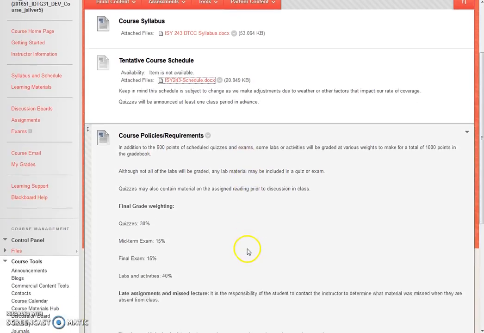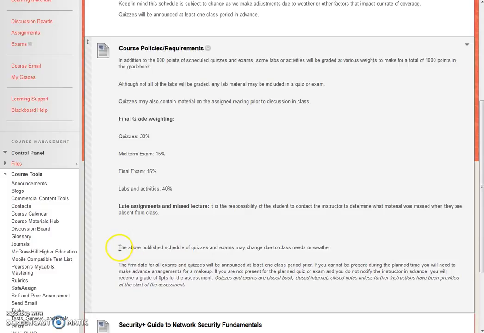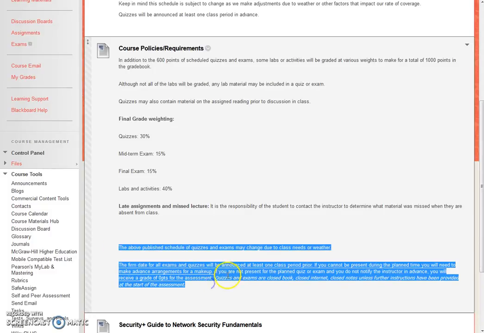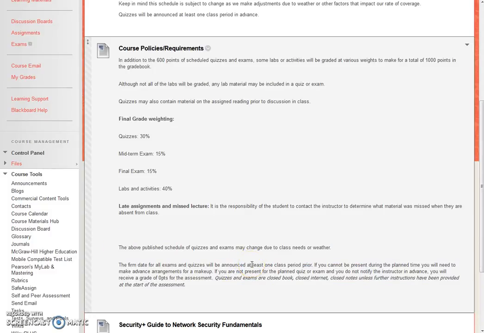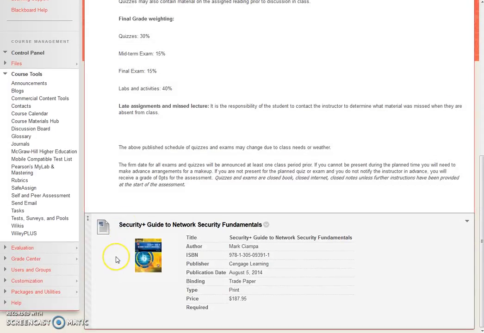Next, I have my course policies, which kind of just reiterates the grades. Something we also put in here is that basically you can't have any assistance on quizzes. They're not open book. It's hard to really enforce that in an online course, but we try to hold our students accountable. And the last, I have a link to the actual textbook with the ISBN number, publisher, the price